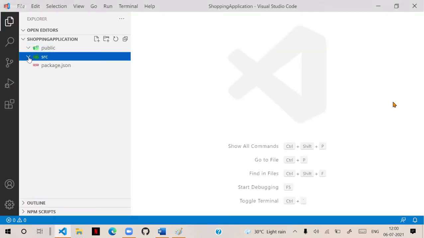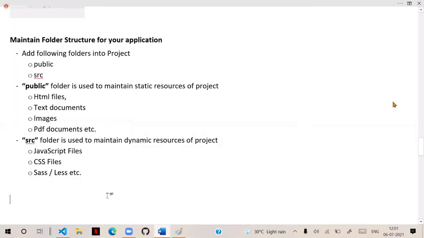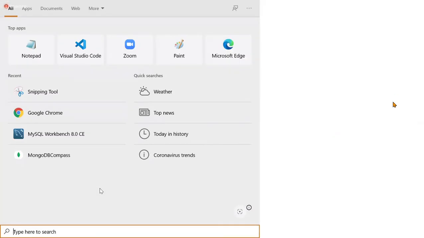These are the folders that we created ourselves manually. We added those folders and configured them so that we can maintain and manage all our files in that location. So these two are primarily required. Later you will come across other types of folders also. As of now, at the beginning, we need these two folders, public and SRC. I created those two folders here. Let me give you a screenshot for that.